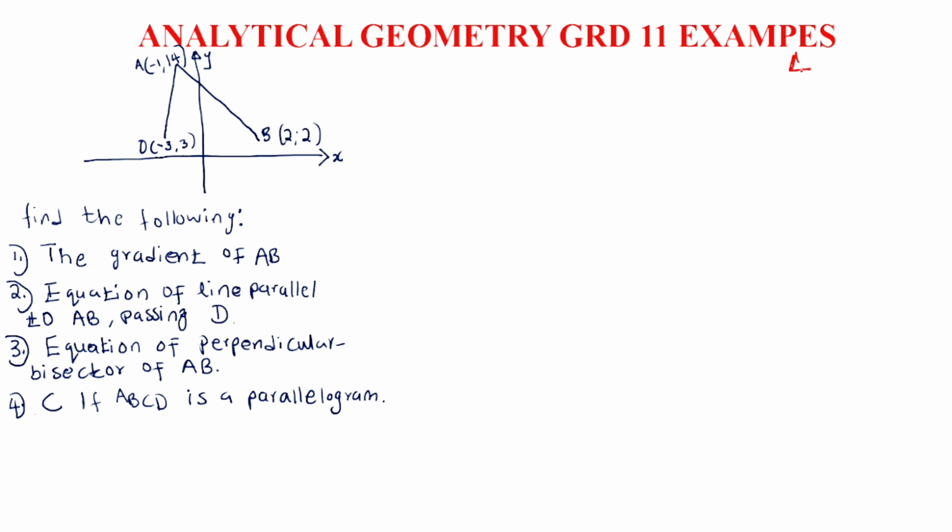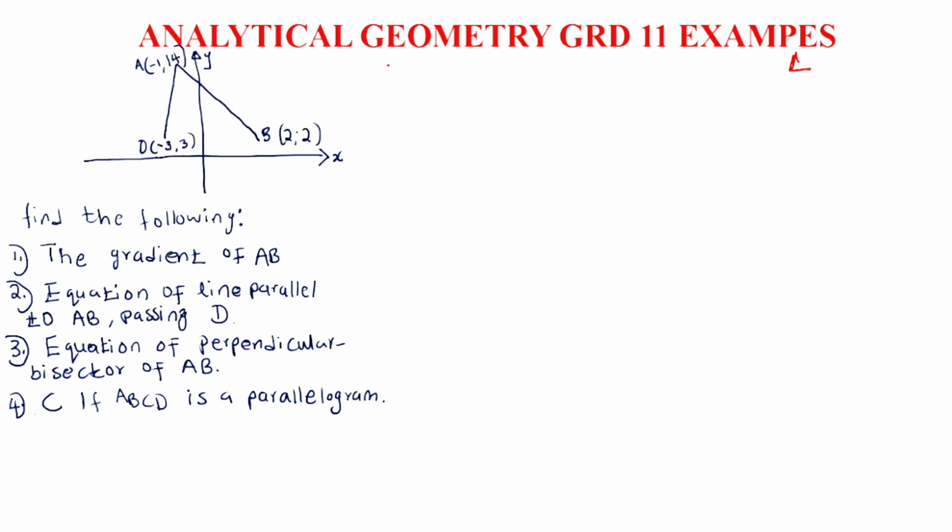All right, so today's example, we're given a diagram. It has got points A, B, and D. It says we need to answer the following questions. Please make sure that you watch the video before this one, because that one shows you the lesson when it comes to analytical geometry, so that you will be able to understand what we're dealing with here. The first question says find the gradient of